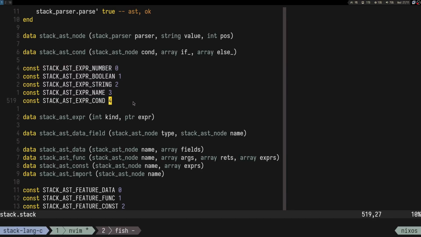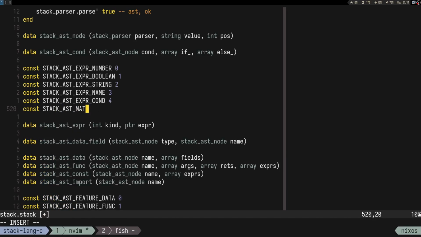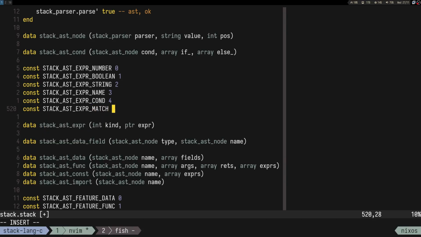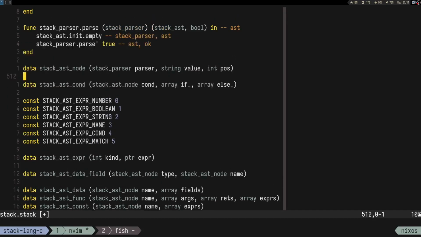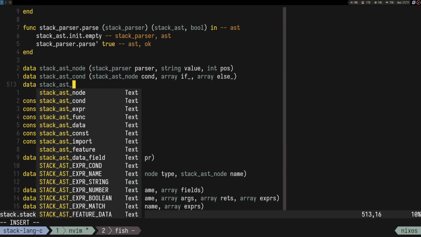And we would have to add the match as a stack AST expression. So I would say const stack AST expression match, and we can add here stack AST match,